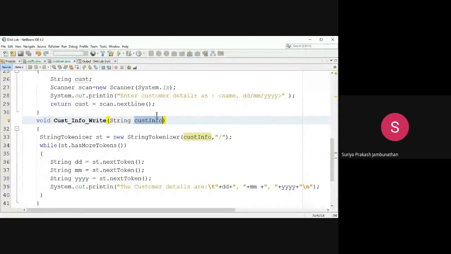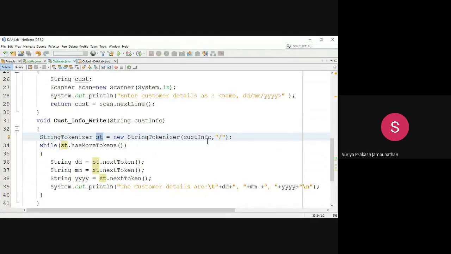So what are we passing to the StringTokenizer class? We are calling the StringTokenizer class. This is a generic class. Keep in mind, this is not a user defined class. For that class, we are creating the object: ST is the object for the StringTokenizer class equal to new StringTokenizer.